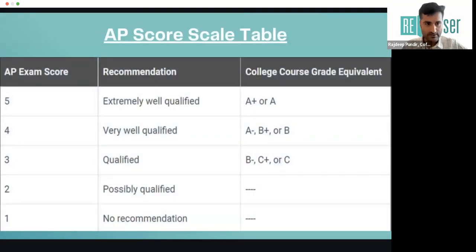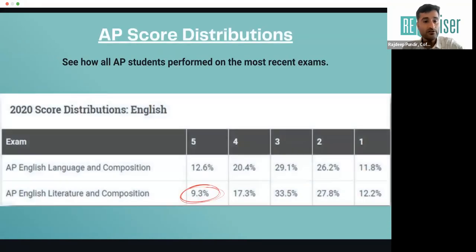Now, how does the scoring work? So let's try and figure that out. AP is scored on a scale of 1 to 5, 5 being the best. That means that's the highest that you can achieve. 4 is also acceptable. Anything below 4 is not. 3 is also qualified, but it's not great. You may not get any college credits with a 3 out of 5. So if you're writing an AP, do it only if you think you can get a 4 or a 5, or keep your target at least at a 4 or a 5 if you really want to write an AP exam, right? So that should be your goal or your target that you want to achieve.